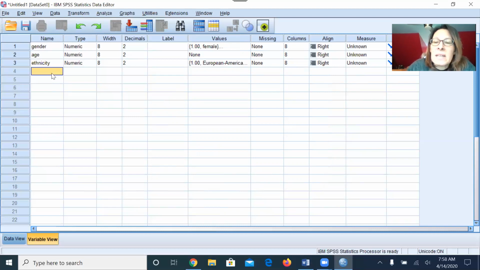Okay, now for my data. All right, so this is repeated measures. I have one independent variable with 2 levels. So with repeated measures, I'm actually going to create a column for each level of my independent variable. So I have